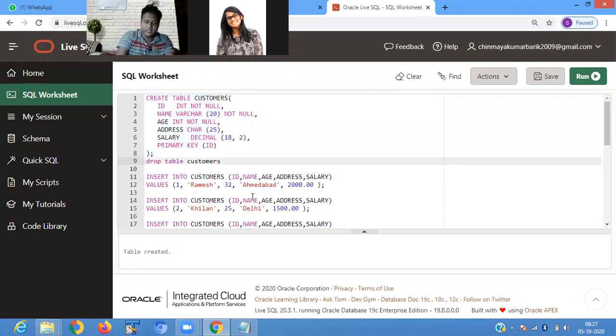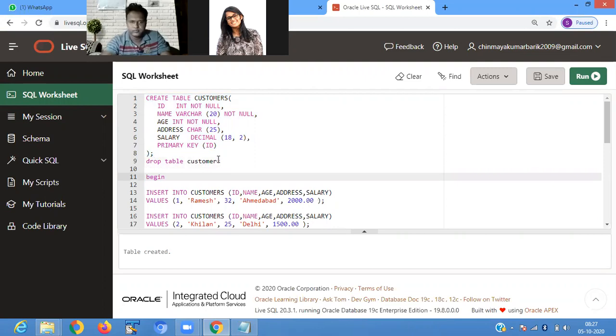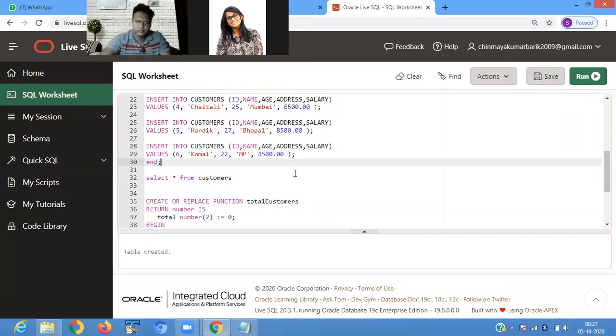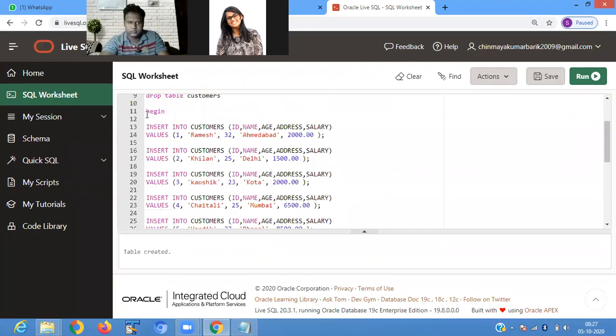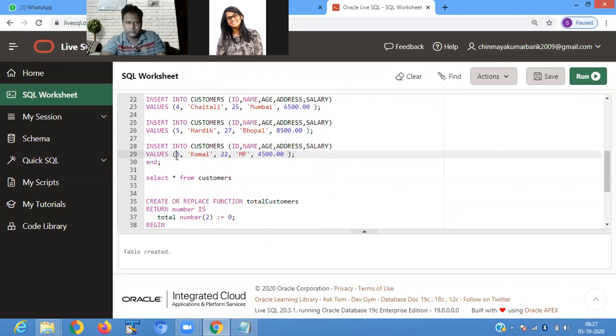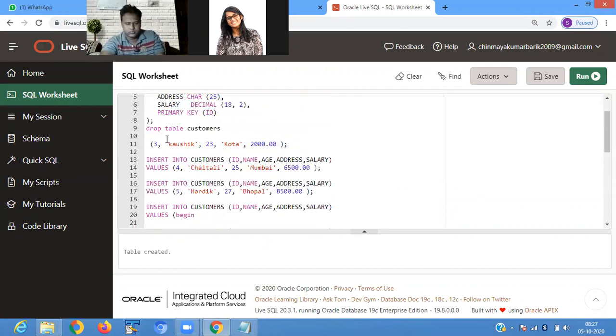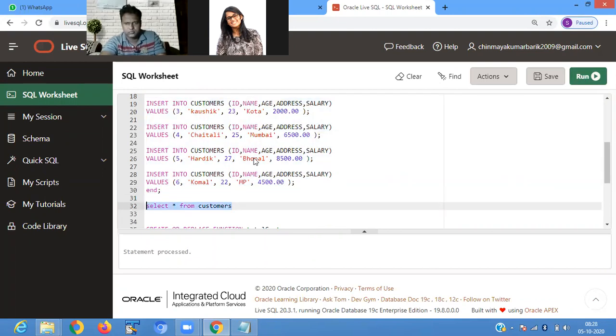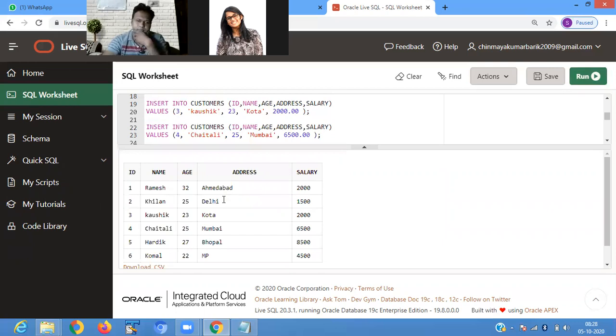Now we're inserting records. Then we retrieve all the records: Ramesh, address, salary.